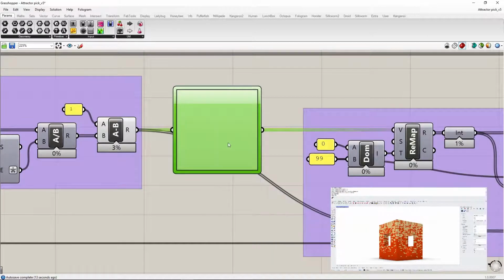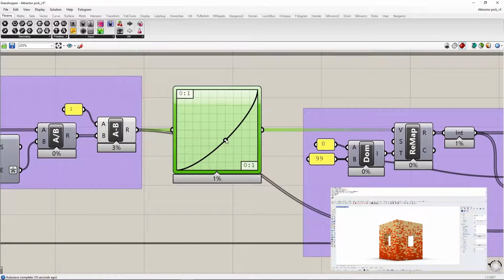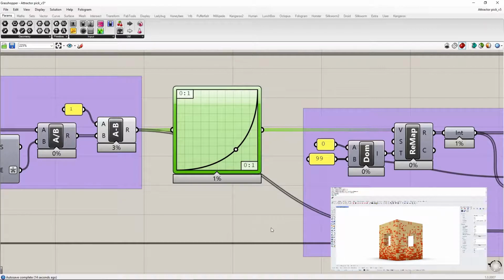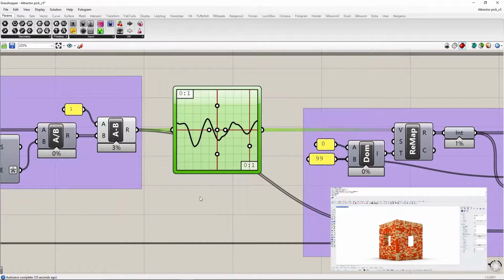You can use this program to develop tools that allow you to test environmental factors on a design, or using evolutionary solving to optimize a design, or just simple workflows that allow you to model faster, such as the one I have demonstrated here, just to name a few examples.